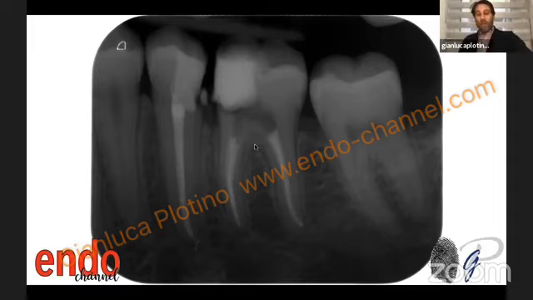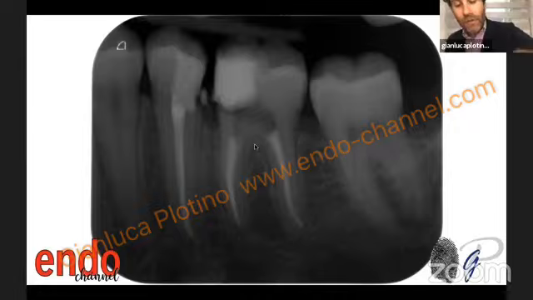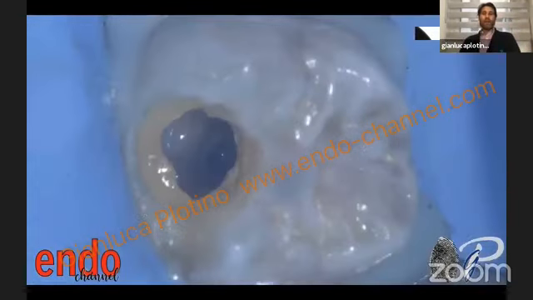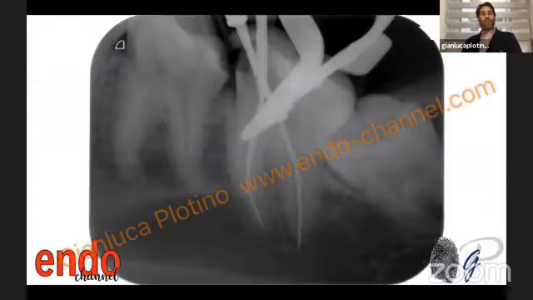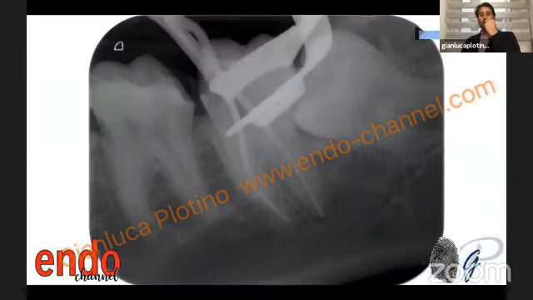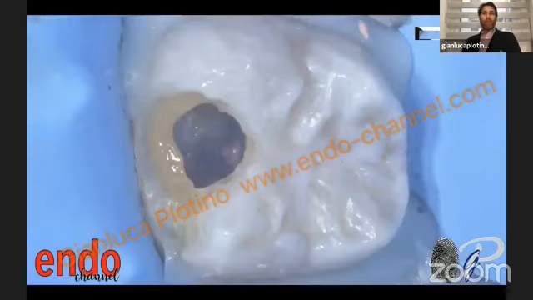Because in these cases, I'm not able to reach the apex with any plugger or any carrier because of the minimally invasive preparation of the access cavity and the minimally invasive shaping of these canals. Look at this case. It's another similar case. Look how conservative I was, with my performant instrument, my single cone and bioceramic technique, or mild warm compaction.